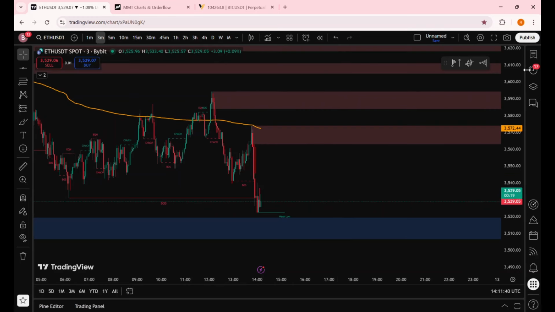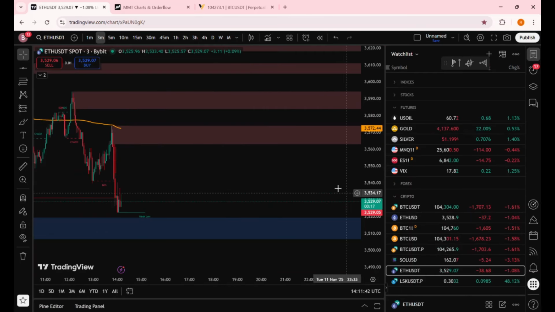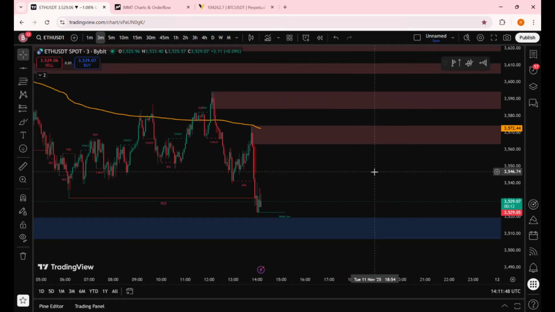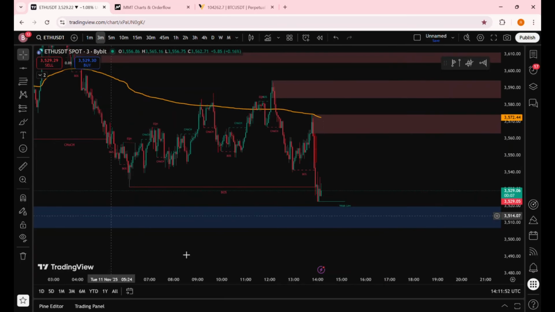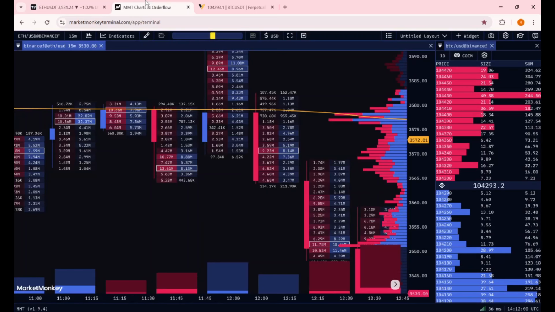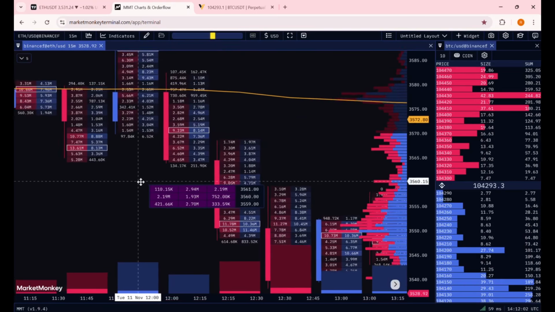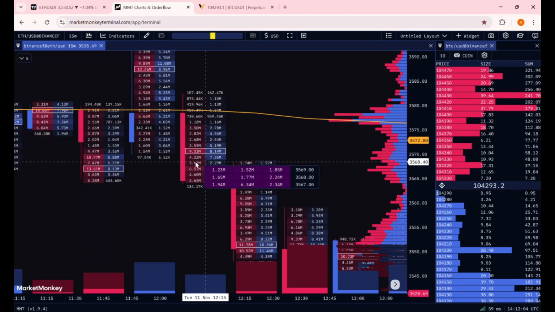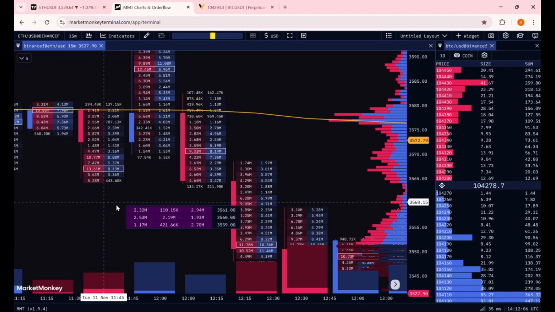Some of the tokens that I do know that have a good relationship with BTC is definitely Solana, AVAX, Quant, XRP. But you can go back and backtest these and see for yourself. When BTC dumps, what else dumps? You can actually backtest this. But coming back to what I'm trying to teach you guys is you have to be careful over shorting Ethereum